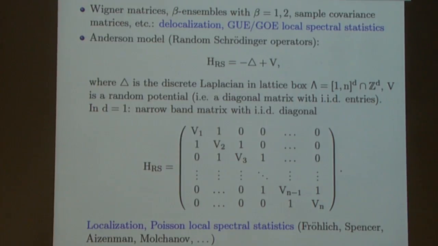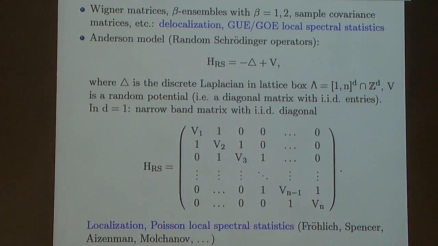It's about Wigner matrices, so Hermitian matrices with independent elements. It's about beta ensembles, which come with different beta, sample covariance matrices and many other matrices. Almost all matrices that are studied have delocalized eigenvectors, and so the statistics that comes from the Wigner-Dyson